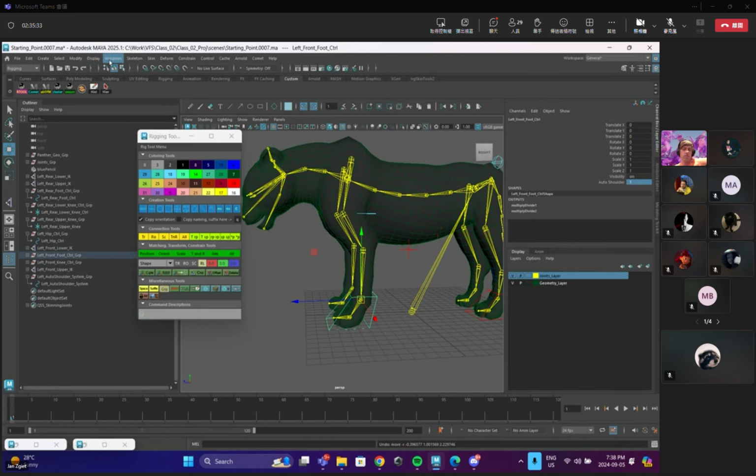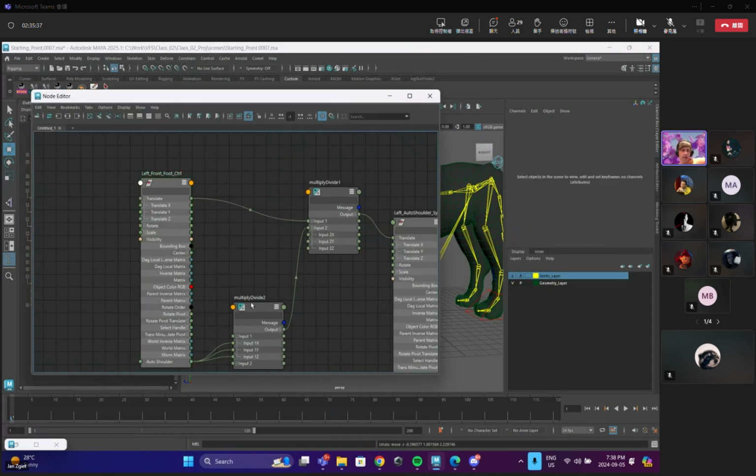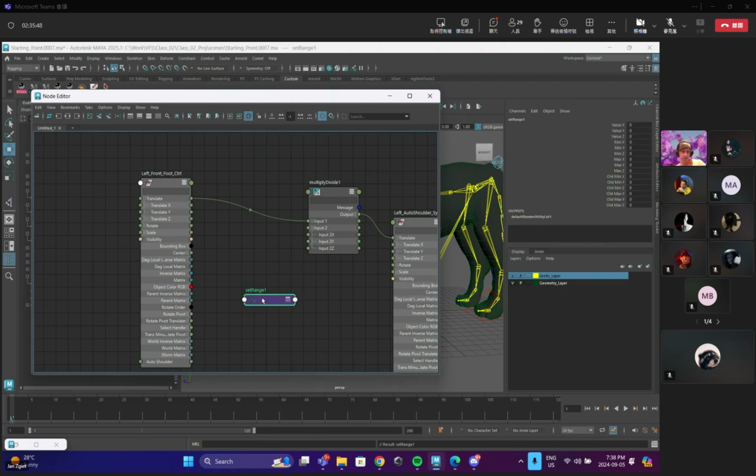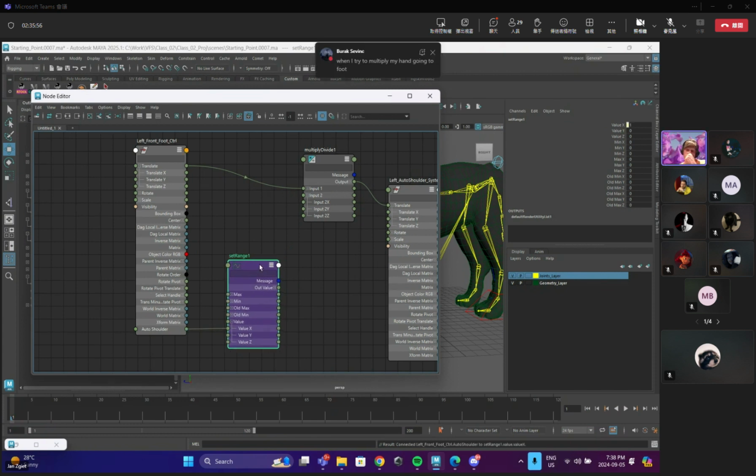Okay. Well, there's another node you can use for that if you want. Instead of this, I used it before. It's called set range. So that one is kind of cool sometimes. So you just take a value and you would just plug it into here. Or you just plug it into all 3, whatever. Let's just plug into all 3. And then that value,